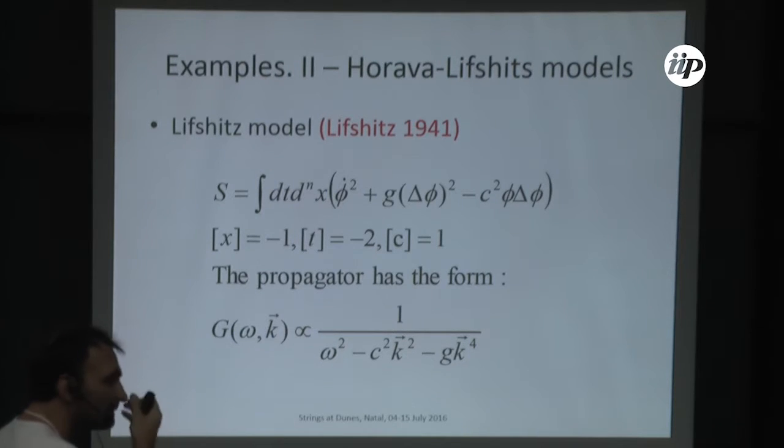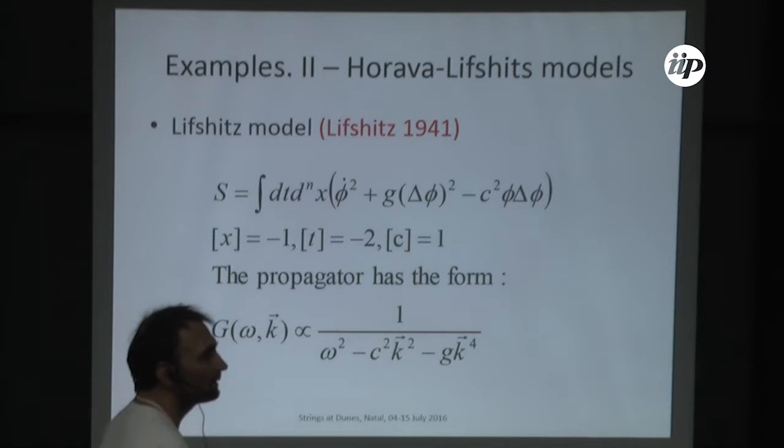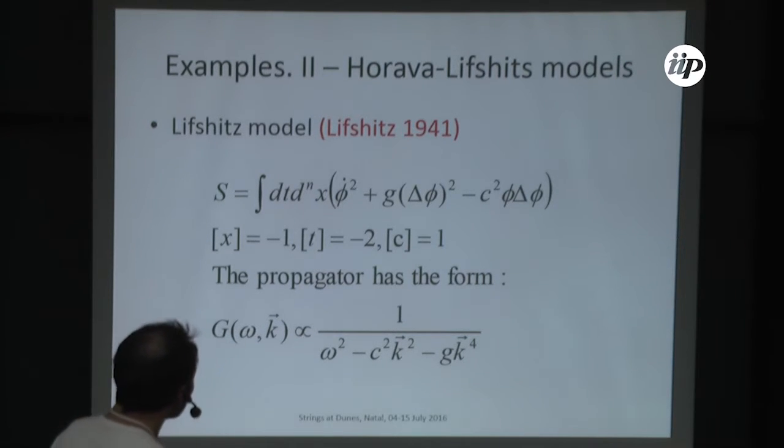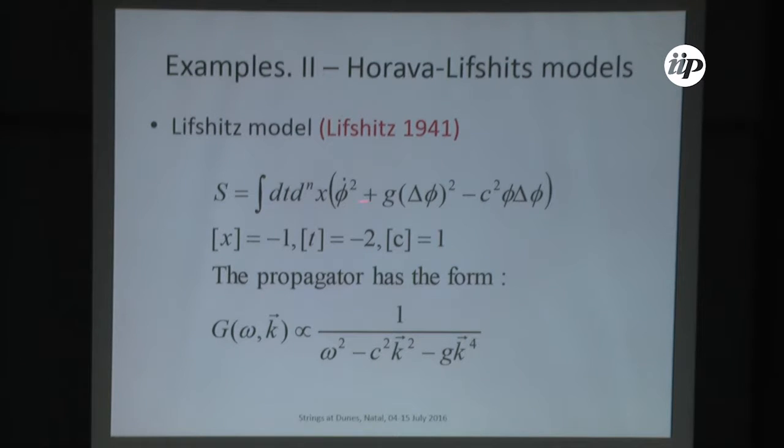So this is the main motivation for me. Horava looked for UV completion without leaving field theory. He wanted to look for some completion within field theory, and he used a very old idea of Lifshitz. This was in condensed matter, I think. The idea was the following. Let's consider this simple model, just to demonstrate the idea.